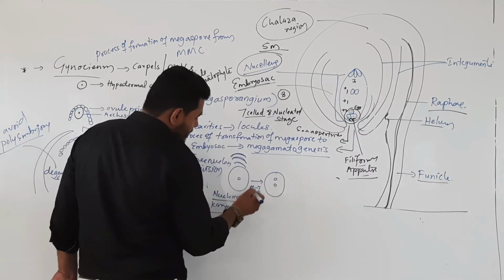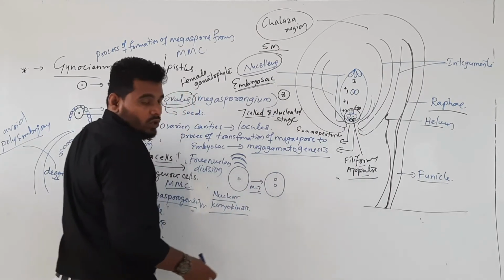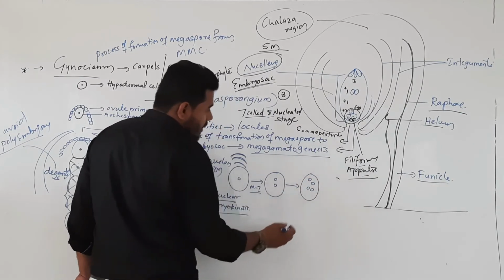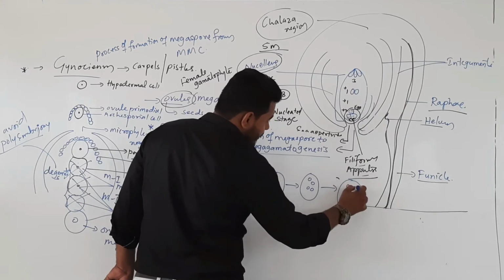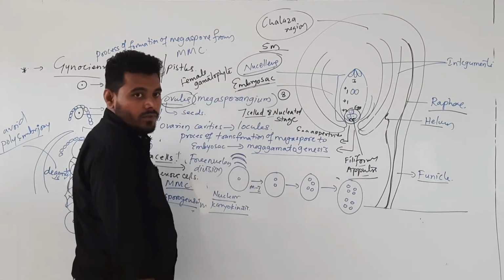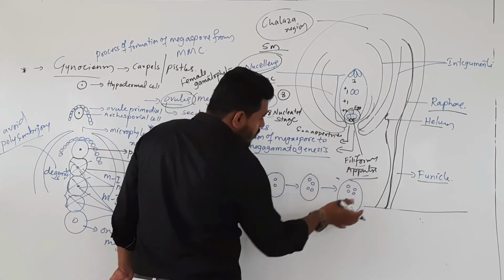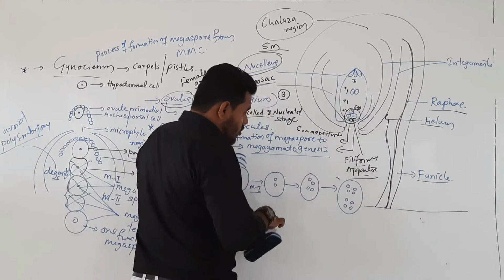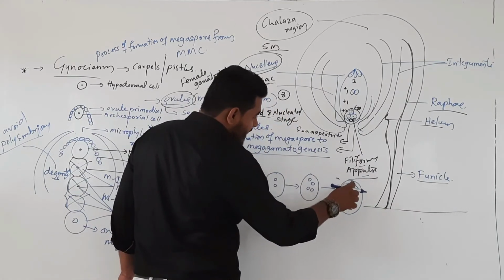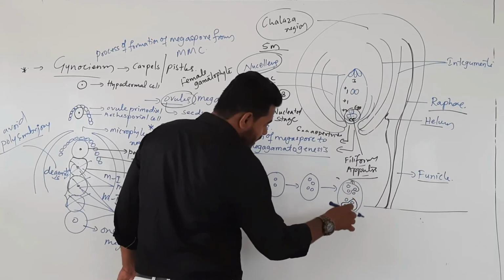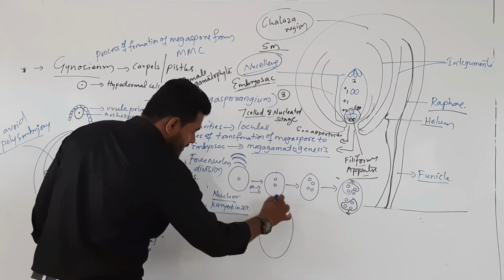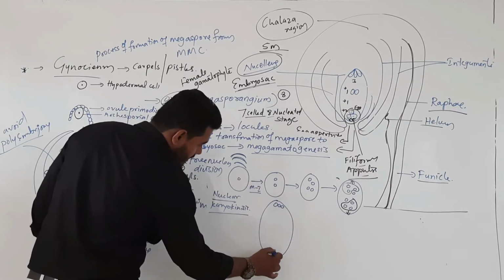So what is the first mitosis result? A cell with 2 nuclei. Then the second, a cell with 4 nuclei. In the third, the cell with 8 nuclei. Okay, so these nuclei will move in opposite directions. These 3 nuclei will move to the chalaza region, and these 3 nuclei will move to the micropyle region. As a result, they will be collected here and they will be collected here.